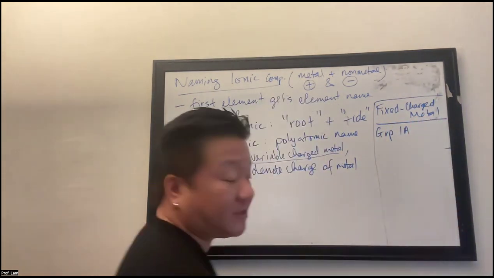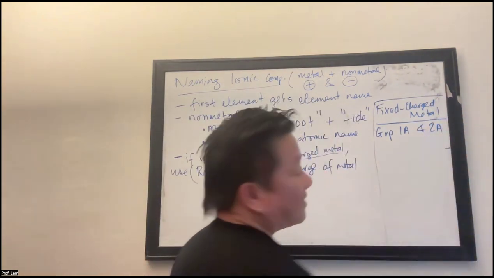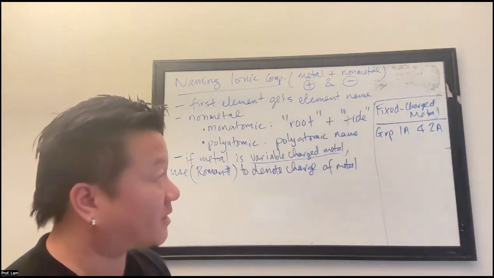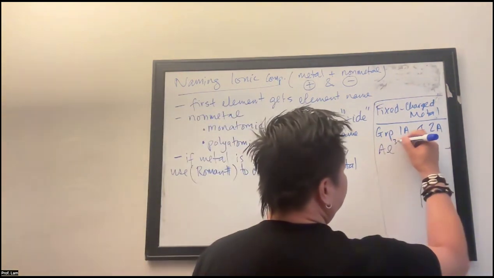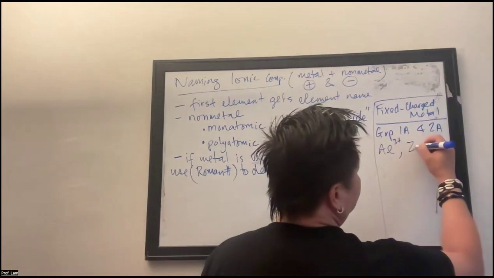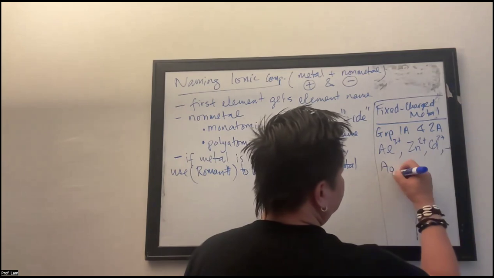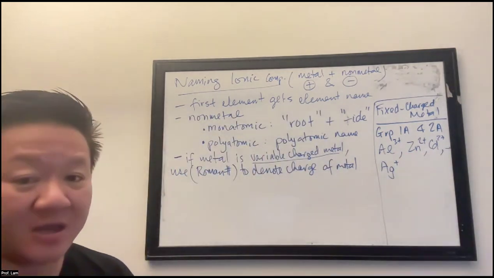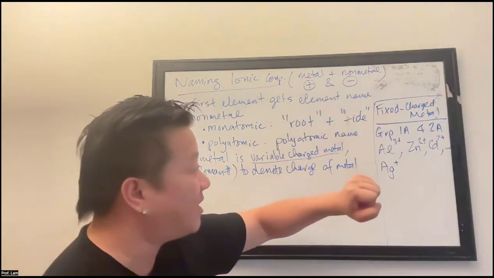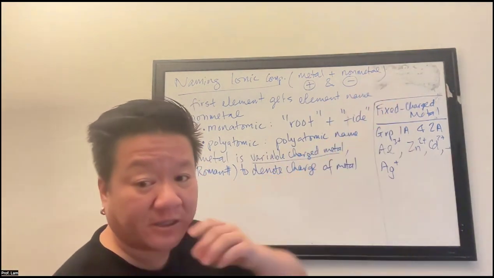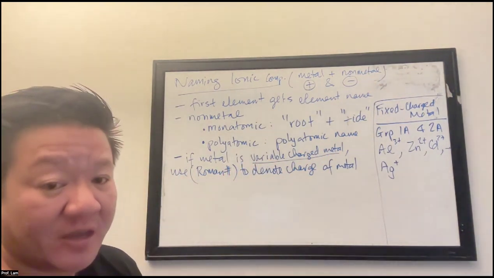It's group 1A, so the first column of your periodic table, and group 2A, the second column of your periodic table. And then these ones, aluminum, 3+, zinc 2+, cadmium 2+, and silver plus. Okay, so it's a very short list of metals that are fixed charge. If your metals do not fall into this list, then it's considered a variable charge metal,